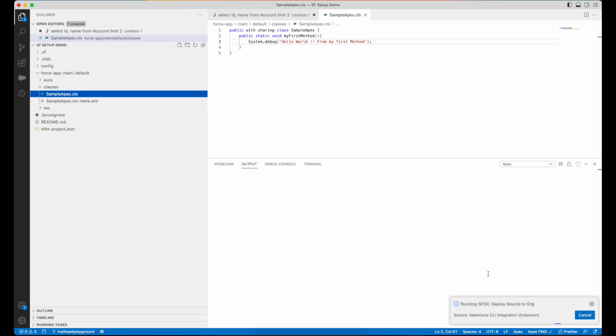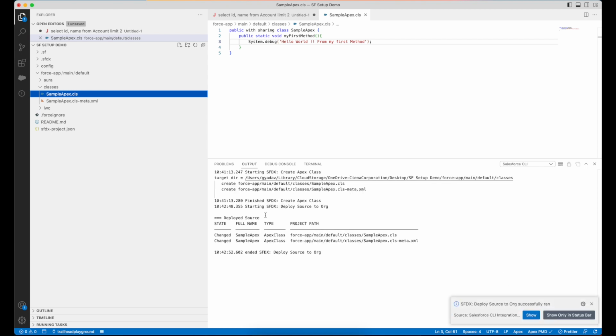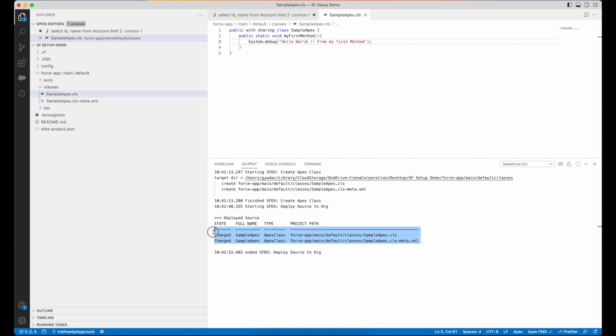It will start deploying your source code to the org which we have authenticated in the previous step. If you didn't watch that step, I recommend you go and watch how to authorize an org if you don't know. Now you see, it has deployed our Apex class to our default org. Now let's validate it.